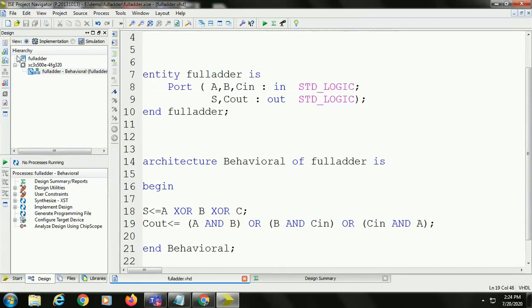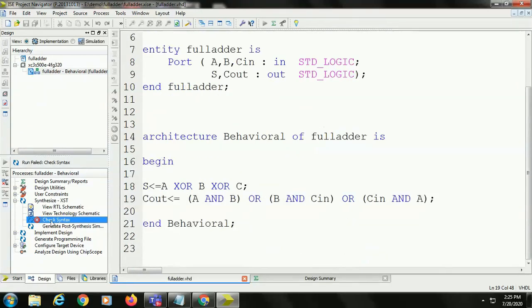After clicking on save, select this one. You can get the things here like this. In that, select synthesis and check syntax. It will verify whether any syntax errors are present in our program or not. If no syntax errors are present in the program, it will display the green tick mark. If any syntax errors are present, it is displayed like this.